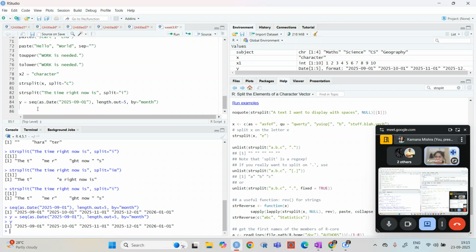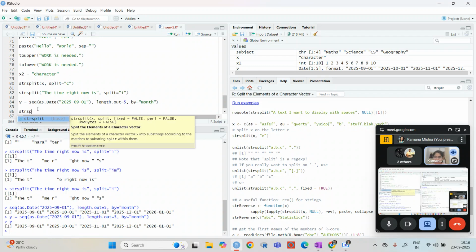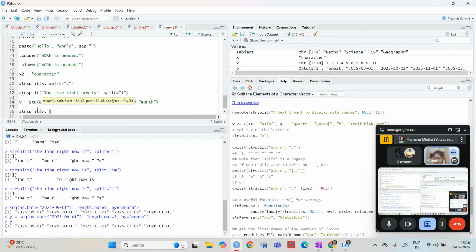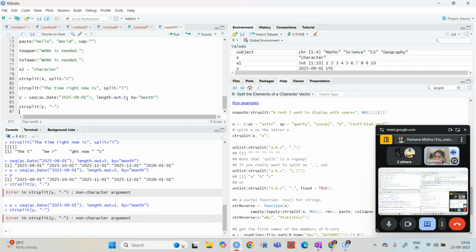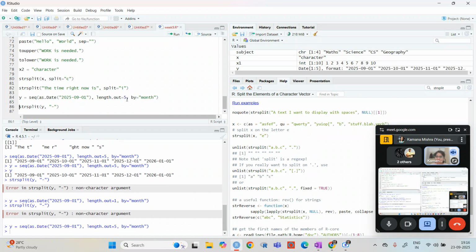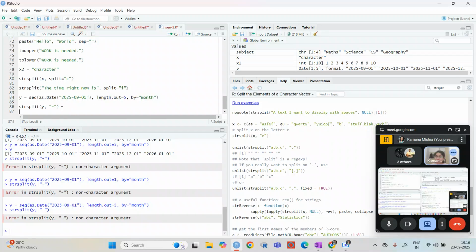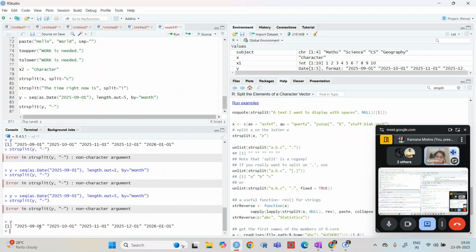Now if I want to separate this, str_split and then y, and I want to split it by this, it is coming like this. I think I need to do it in the form of a data vector. What if I just do this? No. So in that y there is no comma.